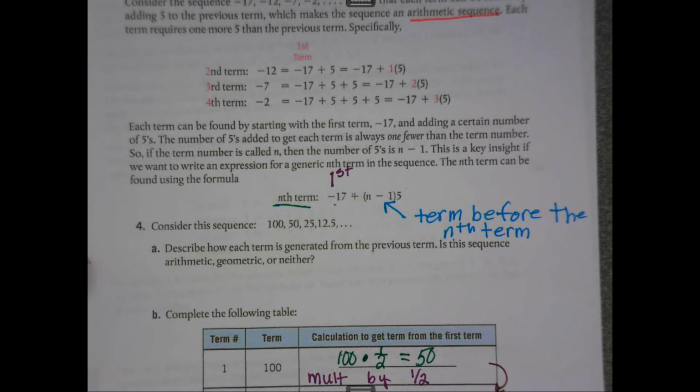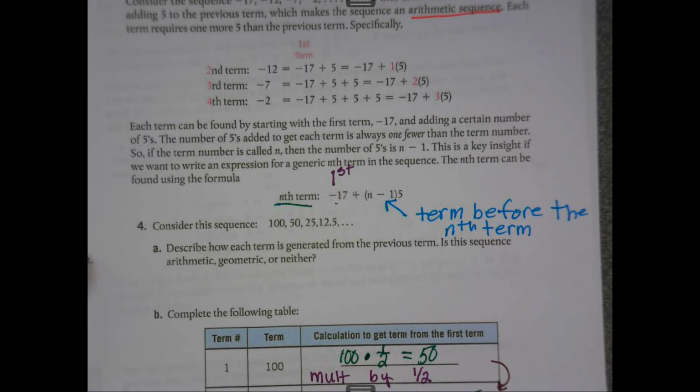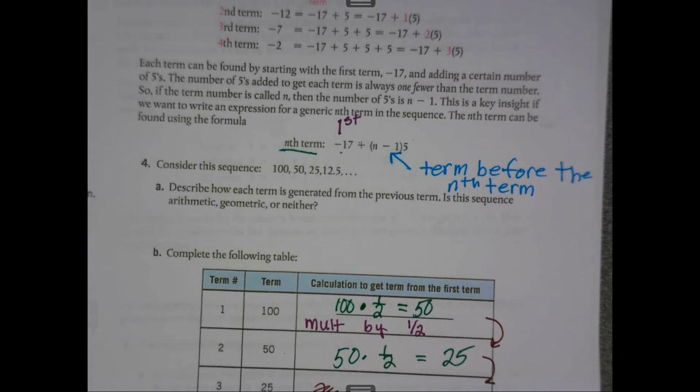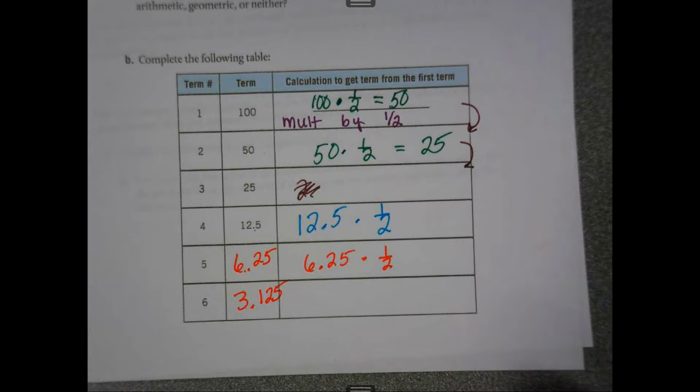C, write an expression for the nth term. So the nth term is going to equal, let's see, my first term, which was 100,